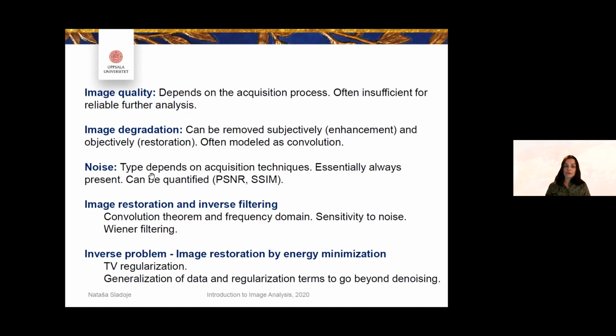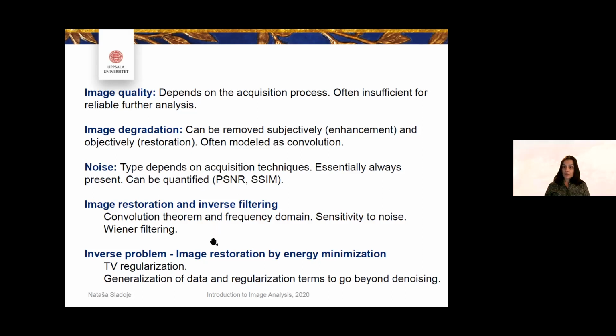We talked about noise, different types of noise that may be connected with different acquisition techniques. We talked about how to estimate noise. We talked about how to quantify noise, or how to quantify some quality of our images, mostly resembling how much noise is present in them. And then we talked about